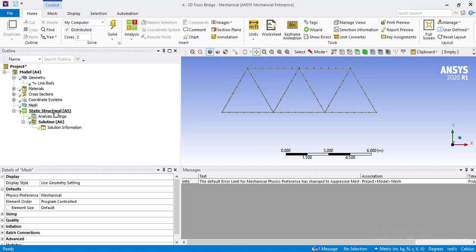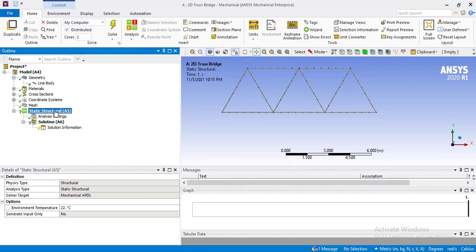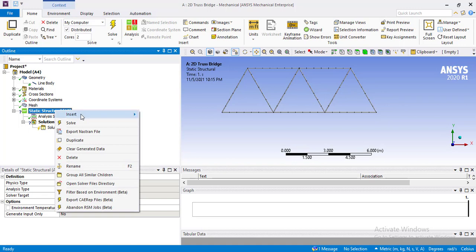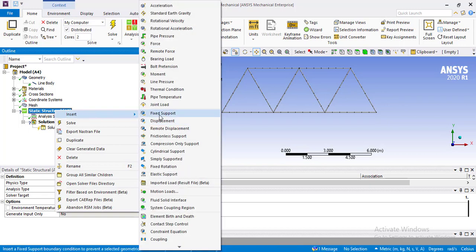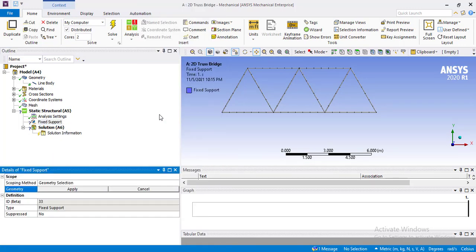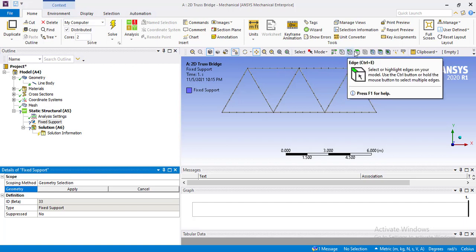Now go into the static structural module and right click on it and select insert fixed support. Now we have to select the geometry because it is highlighted and it's asking which geometry do you want to fix. So we will utilize these three cubes in order to select the required geometry.